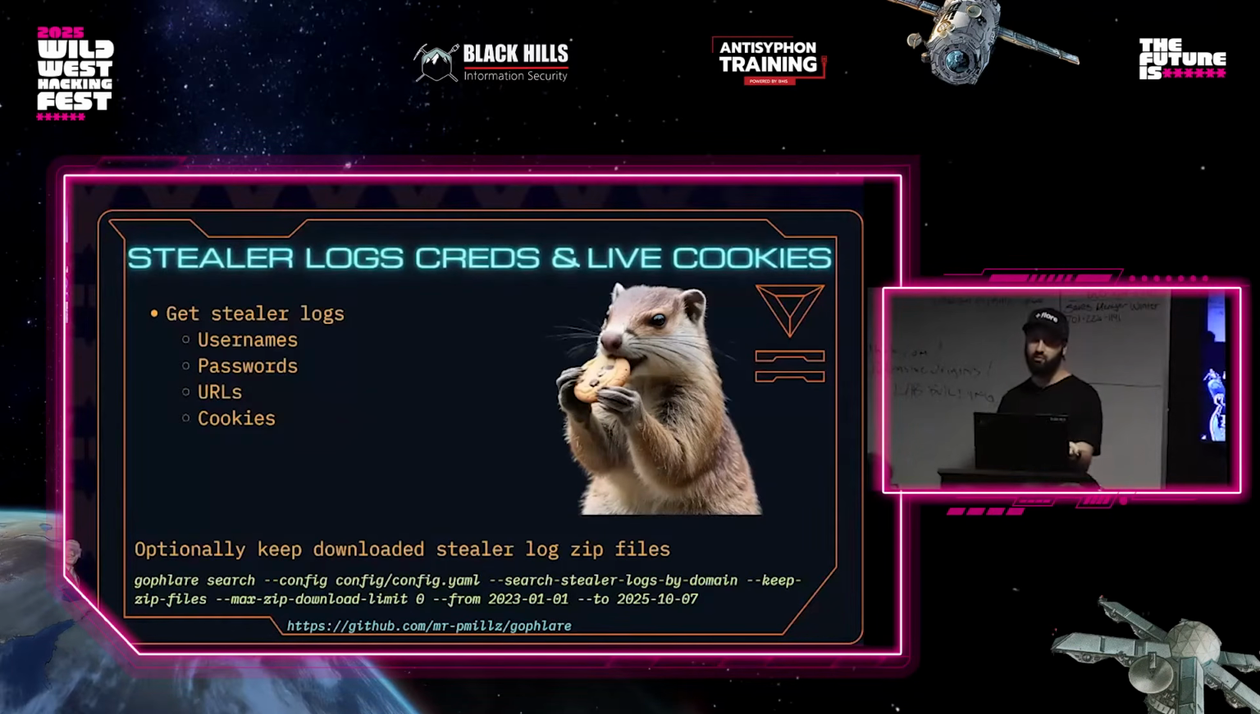But this command right here will be a way to search the Stealer logs from 2023, January 1st to 2025, October 7th. And by default, when you're downloading these Stealer logs, they are going to be deleted afterwards because there's some nasty stuff in there sometimes. Sometimes those Stealer log files also include the malware. So you got to be careful, but if you give it the keep zip files flag, you can actually retain